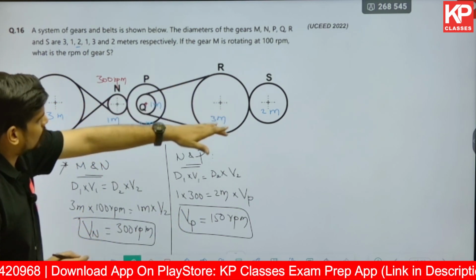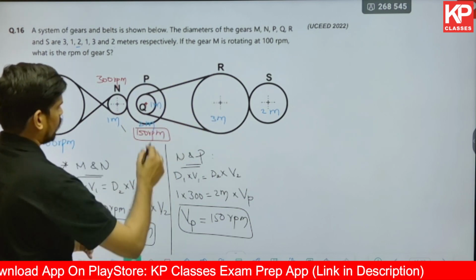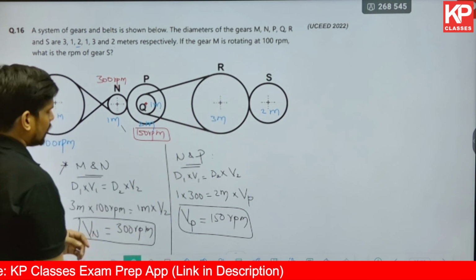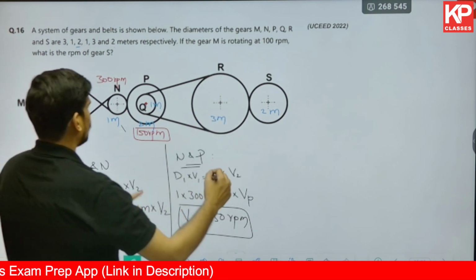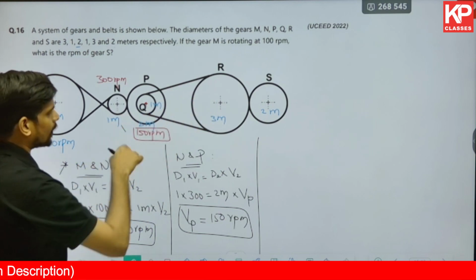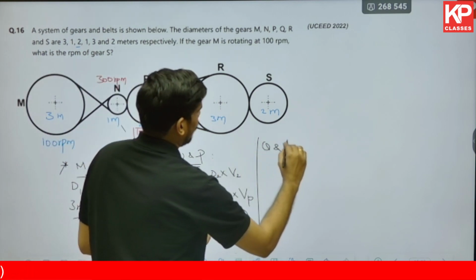Now moving to the next one. Now this becomes driver and driven. So Q is the driver, wherein the rotational velocity is 150. R is the driven. So now you apply that logic for Q and R, because the belt is connected to Q. So for Q and R,